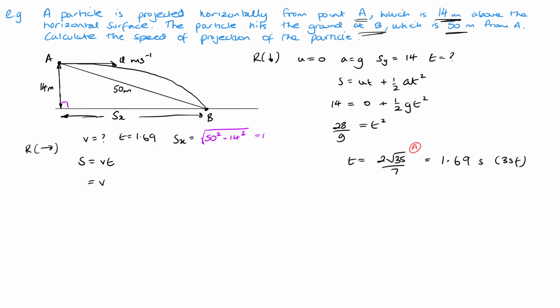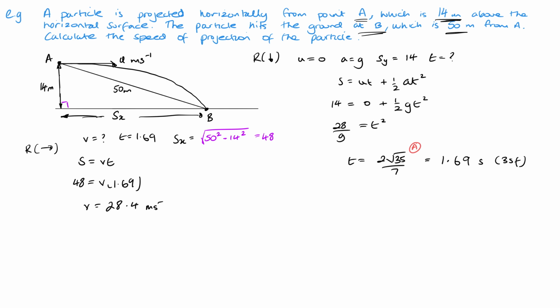And that actually gives me a nice whole value of 48. So there we have it, 48 equals v times our 1.69. So v is 48 divided by the answer stored in A, and we get